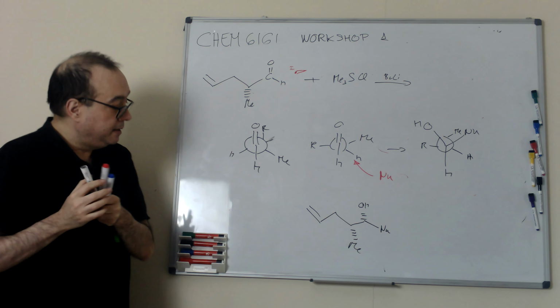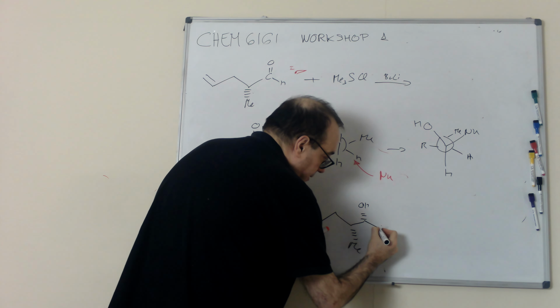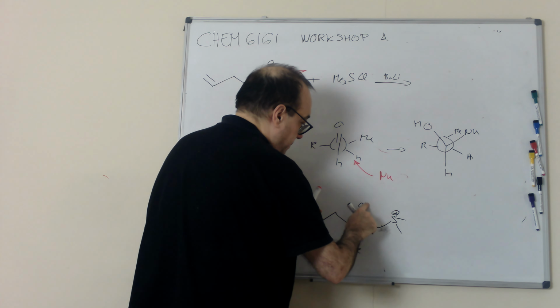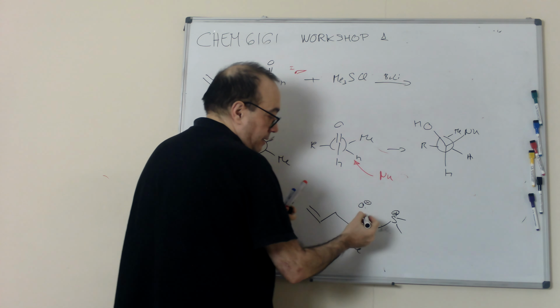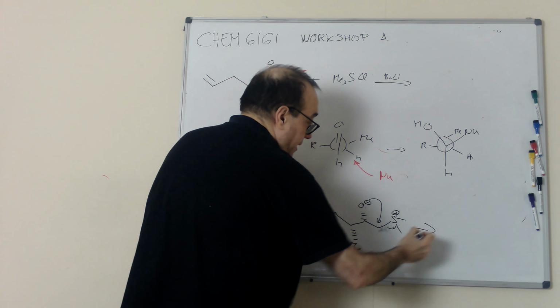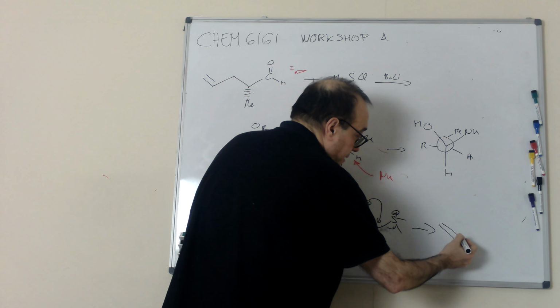Okay, then I substitute the nucleophile by CH2 sulfonium. Here is the alkoxide, and then intramolecular, that is not chiral anymore. That means this position is not chiral. It's not a stereocenter,